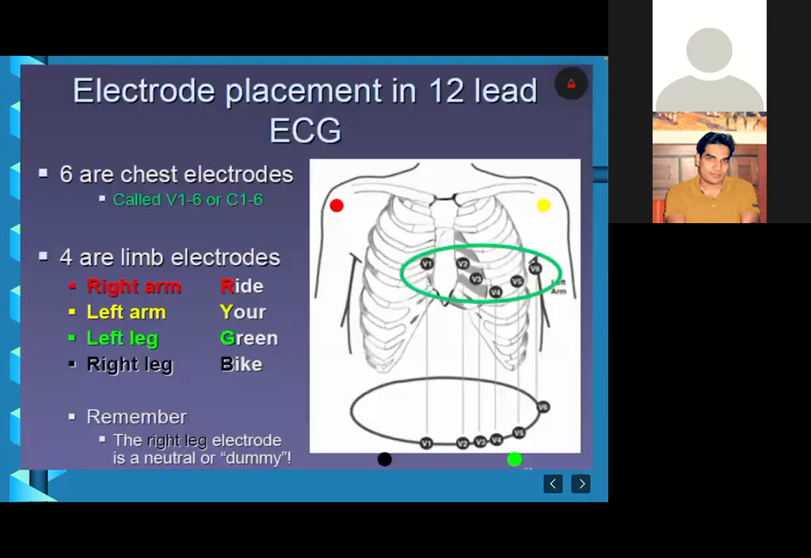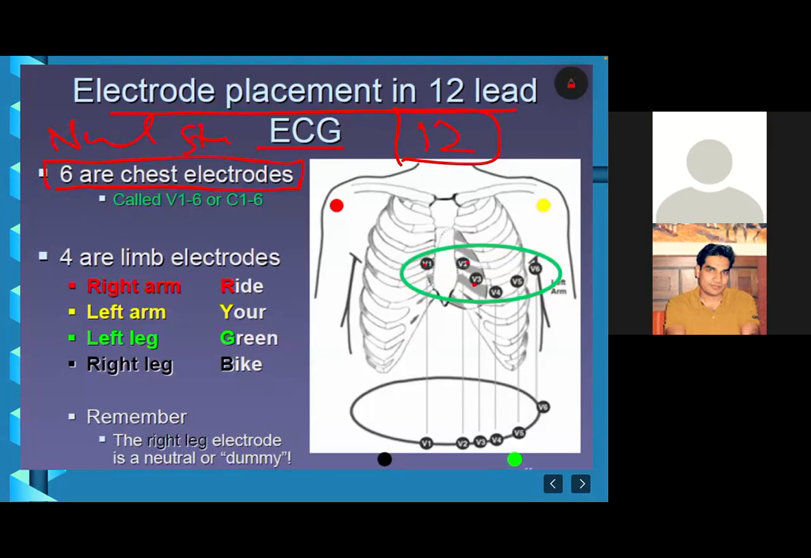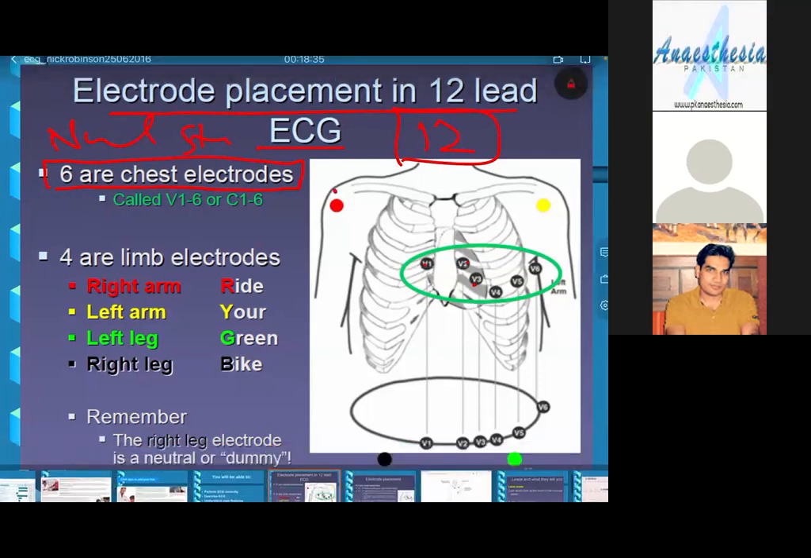First of all, we should know how many electrodes an ECG can record. A normal, standard ECG is a 12 lead ECG. It has 6 chest leads that are directly applied on the chest, like V1, V2, V3, V4, V5, V6. And there are 4 limb leads, which gave the